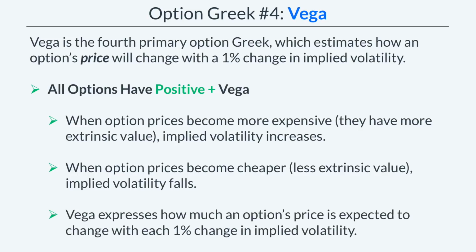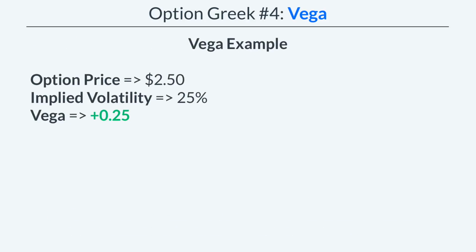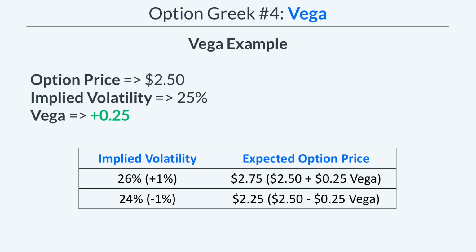Now getting a little more specific, Vega expresses how much an option's price is expected to change with each 1% change in implied volatility. So let's go through an example to illustrate this point. Let's say we have a $2.50 option and implied volatility is currently 25%. Now let's say that option's Vega is positive 0.25. That means if implied volatility were to change by 1%, the option price is also expected to change by 25 cents. So for example, if implied volatility increased by 1% to 26%, the expected option price would be $2.75 because